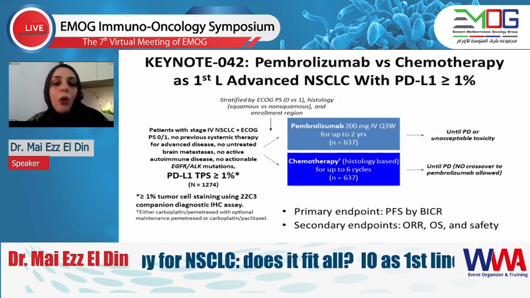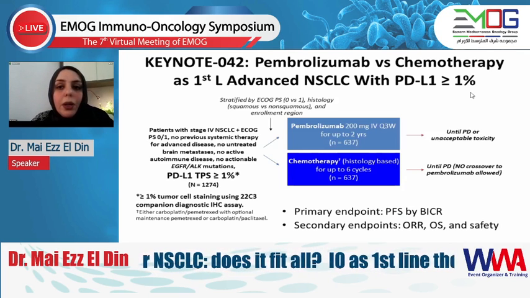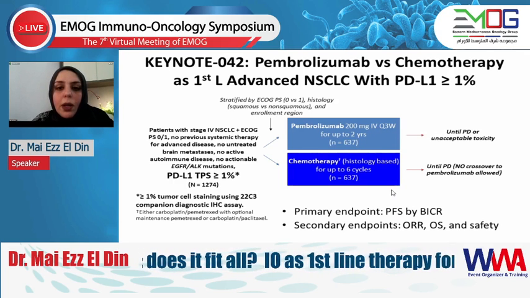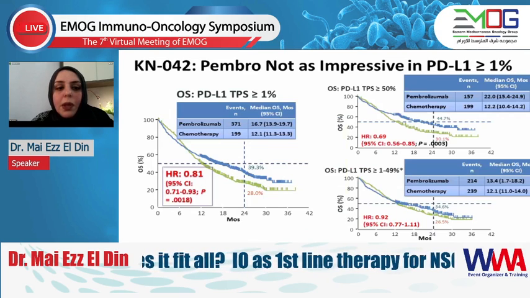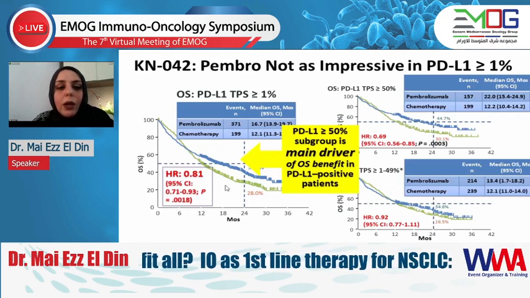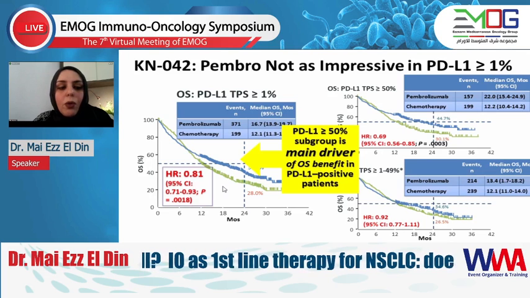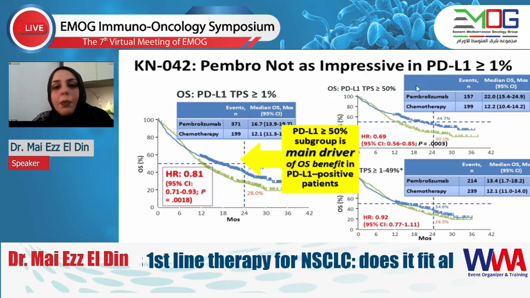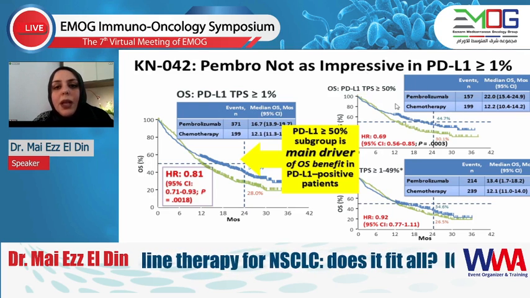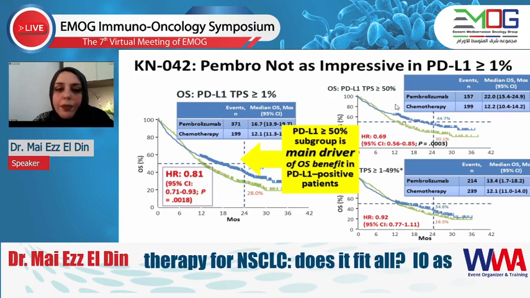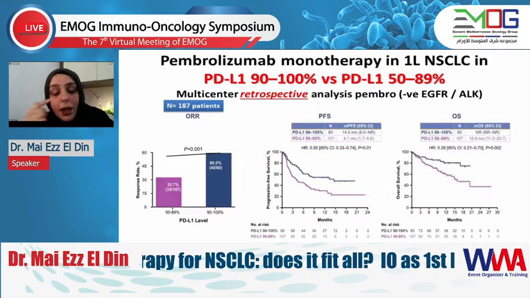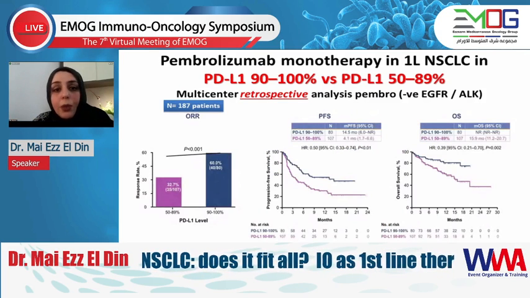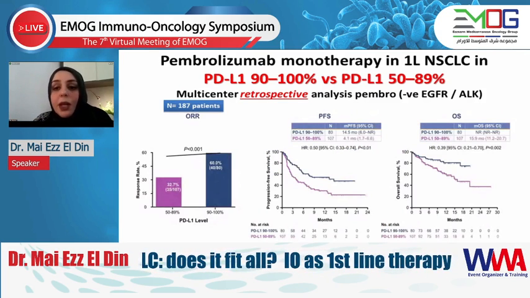Now let's shift to KEYNOTE-042. And here, the PD-L1 level was set at 1%. Again, pembro versus chemo. And yes, it was positive. The hazard ratio was 0.81, not as impressive as KEYNOTE-024, which was 0.62, but it was mostly pushed by the patients having a more than 50% score. And this is in line with previous findings, that PD-L1 90 to 100% versus even 50 to 90% seem to do